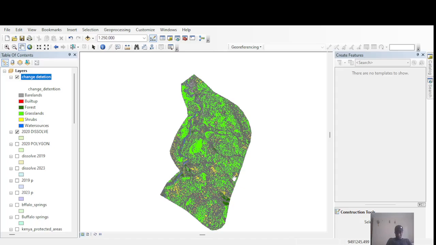So last time we talked about doing the land use land cover change, so that we aim at doing the change detection maps for the years 2019 and 2023. And since we were required to do the change detection for a specified period of time, that's 2019 and 2023, it was in essence finding the